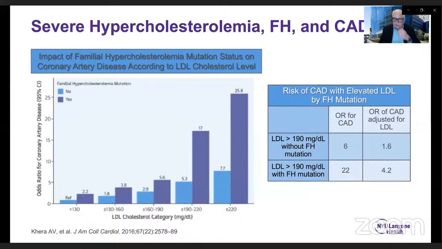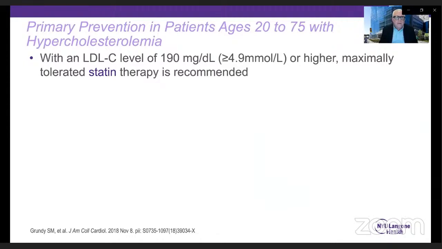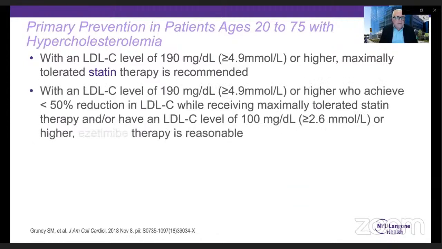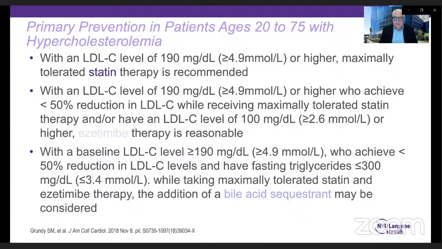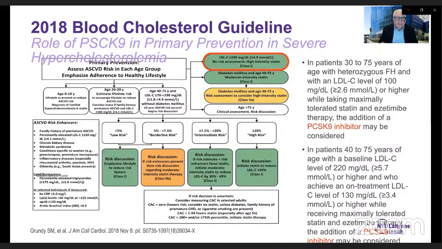And I think this, again, speaks to the temporal relationship of the risk factor. The longer you're exposed to it, the greater the risk associated. So again, in primary patients, age 20 to 75, the key with these patients is to start them on high-intensity statins, add ezetimibe. We can even use bile acid sequestrants if we'd like, but I would tell you that more importantly now in these patients, a PCSK9 inhibitor is the next step after statins and ezetimibe